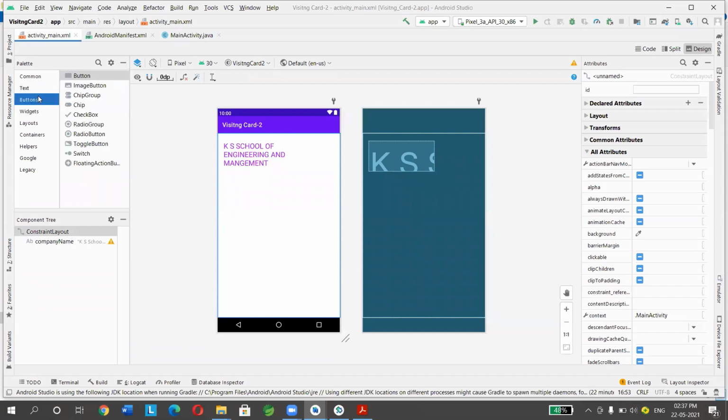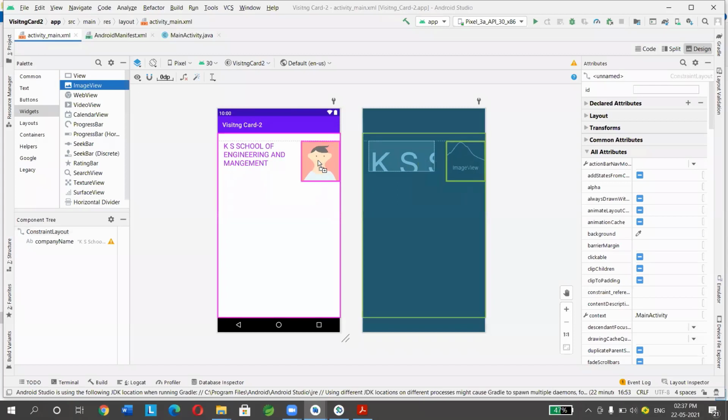Now I need to add a logo here. For that, go to widgets and select the second one, image view. Select this button and drag and drop here. In order to drag, you have to press Control and mouse.